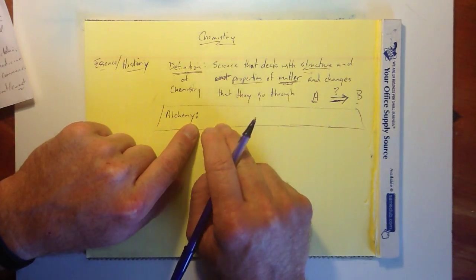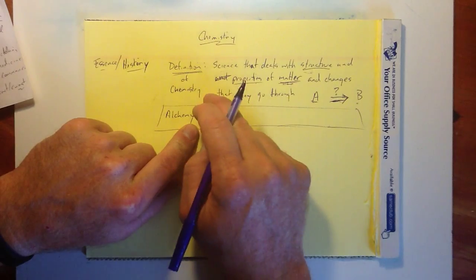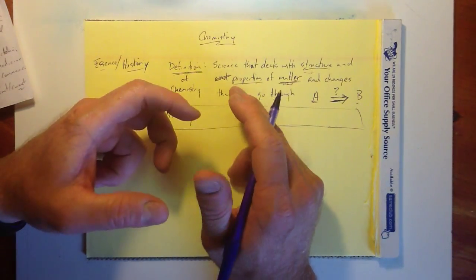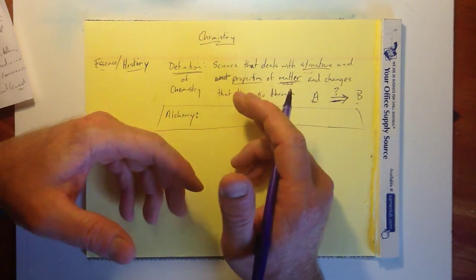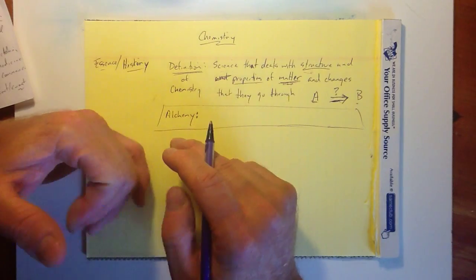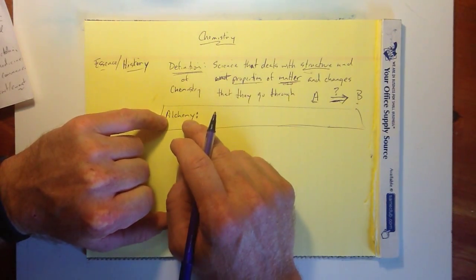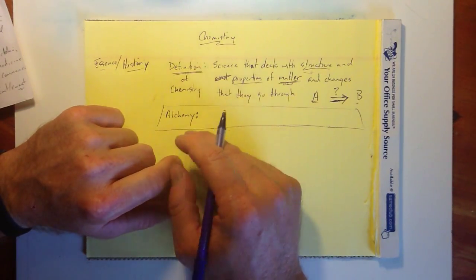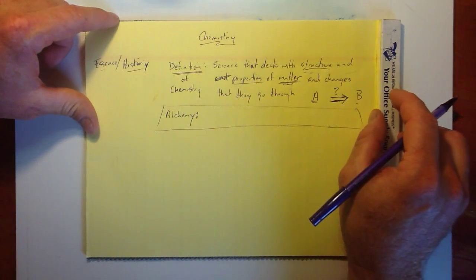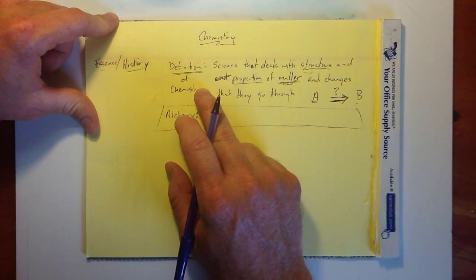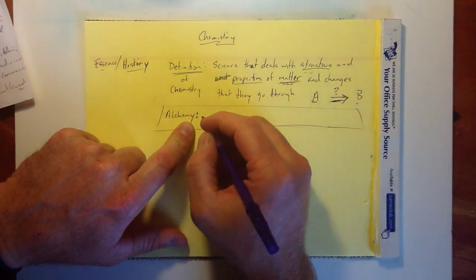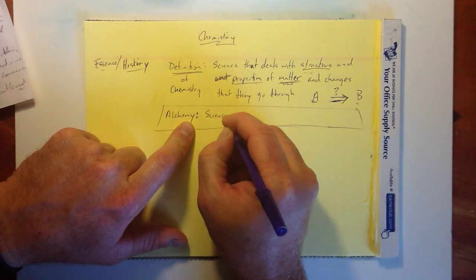So let's give the definition of alchemy and understand that chemistry has its roots in alchemy. The tools that chemists use in the lab are very similar to tools, I shouldn't say similar, but have their roots in the tools that were used by alchemists. Things for distillation, glassware that was made to deal with gases or liquids, became the glassware of the chemist. So let's give a Merriam-Webster definition of alchemy. It was still a science, a study.